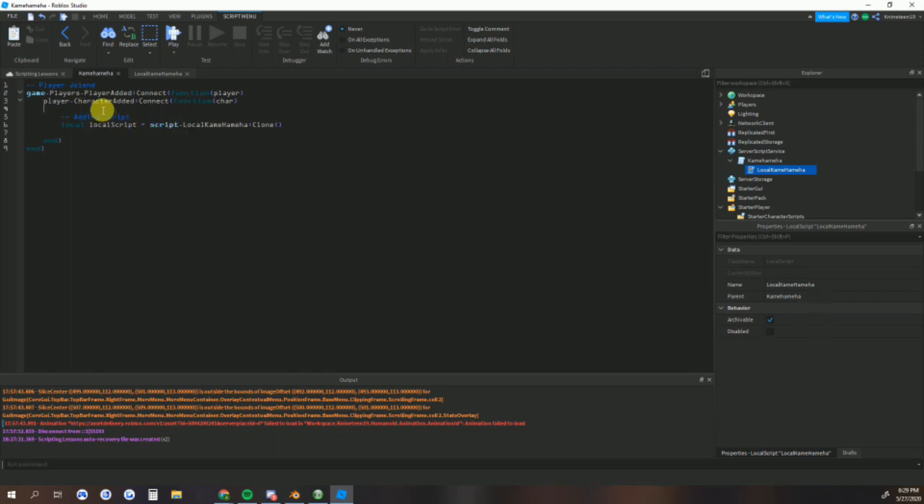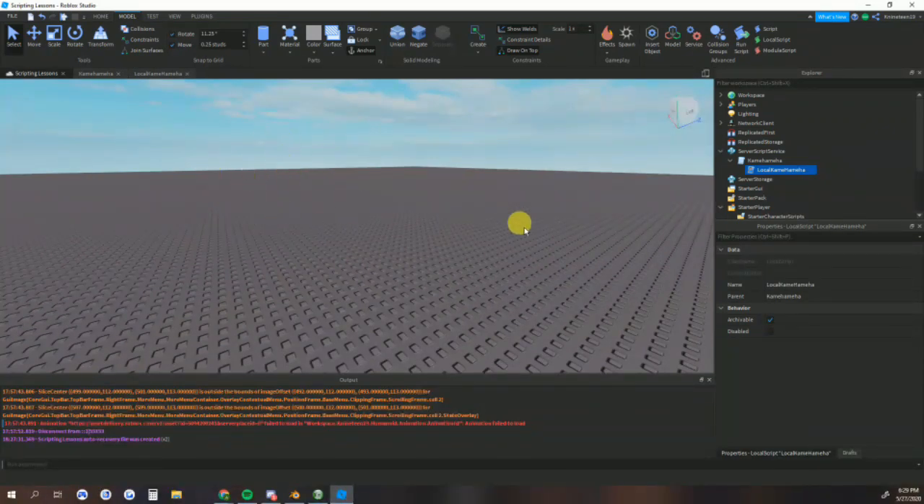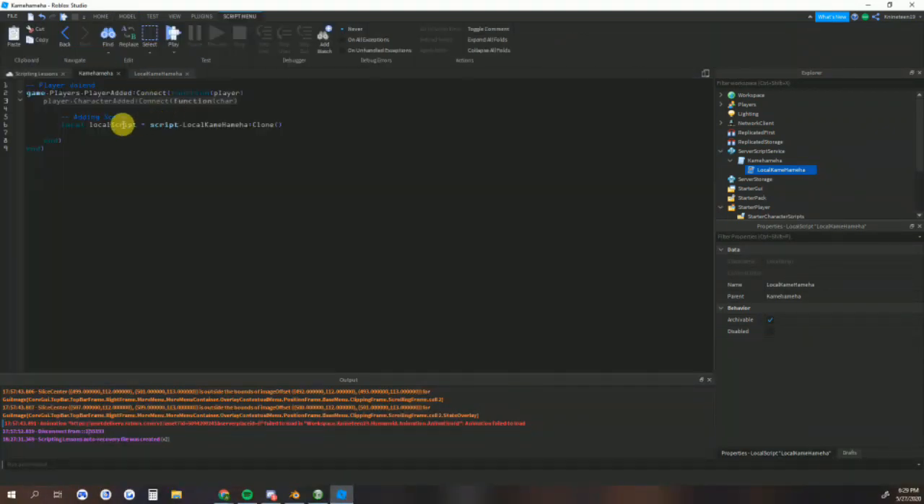time it happens. So basically, this will only happen once when the player joins the game, and maybe if they join later on or something. This is only really going to happen once. But this will happen however many times their character is added. So when they join the game, it adds their character. Then if they reset, it adds their character, so it would do it again. So by doing this,